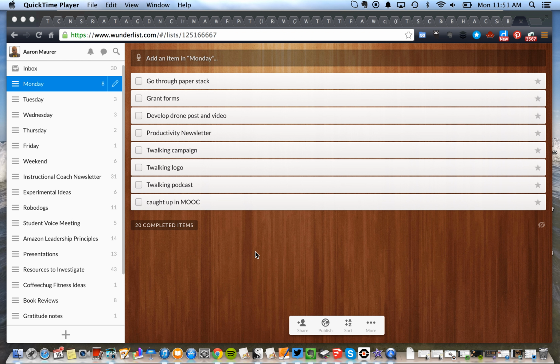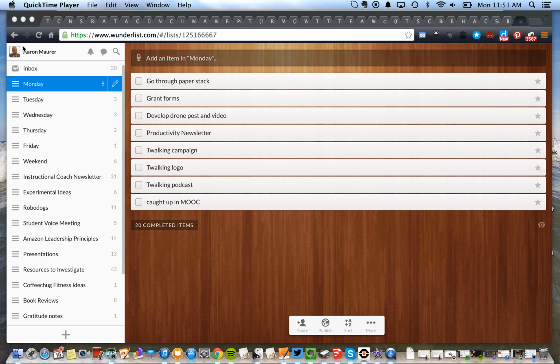I have shared and talked about this tool in a previous newsletter, but I want to go back into the power of Wunderlist. You can use this tool, wunderlist.com. There's an app. I have it on my phone and my iPad and everything else. As I continue to sort and get better organized, this is a tool that I'm finding to be quite helpful. It's not the end all be all, but it is one more layer in my productivity structure